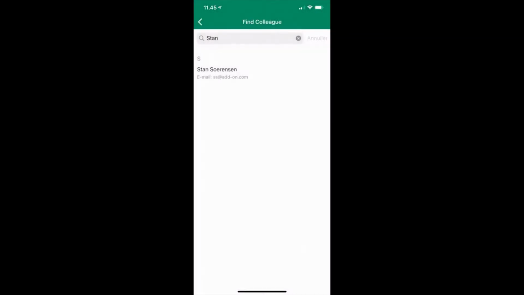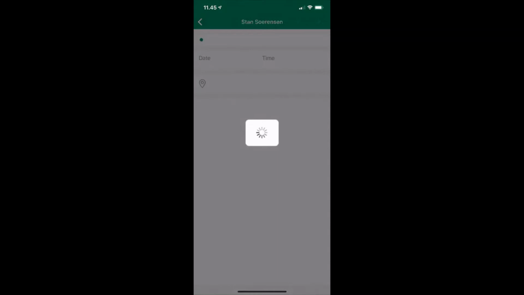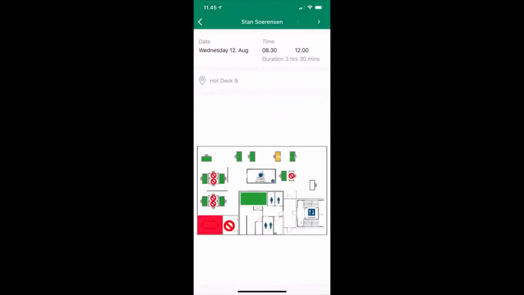It shows me a list of all the people that are named Stan, or have Stan in the name somewhere. Let me just click Stan. It'll show me where Stan actually is on Wednesday. And you can see here, he booked hot desk 9 from 8:30 to 12 o'clock. And if I look at the map, I can see the yellow indication of where he's placed